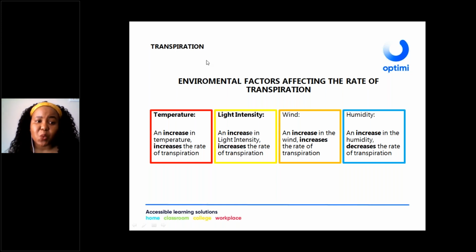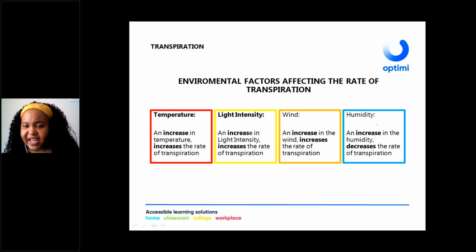When it's hot or when it's warm, there is a need for the plant to cool down. And when it cools down, it releases some water vapor. So this means the warmer the temperature, the more the need for the plant to cool down. Okay, and as the plant cools down, there's going to be more water vapor that will be evaporated into the air. So this means an increase in temperature will increase the rate of transpiration. Okay, also this temperature and the humidity are also related. If the temperature is warm, the humidity or the water vapor in the atmosphere will